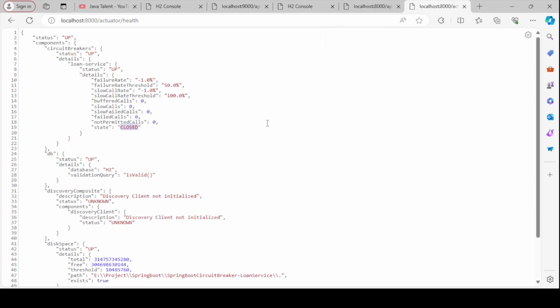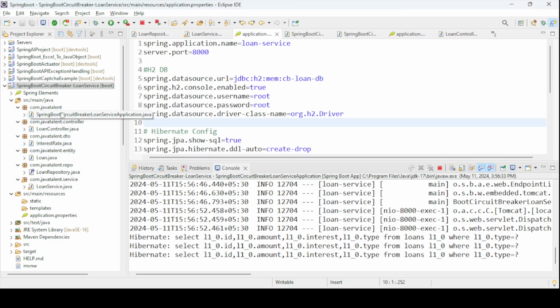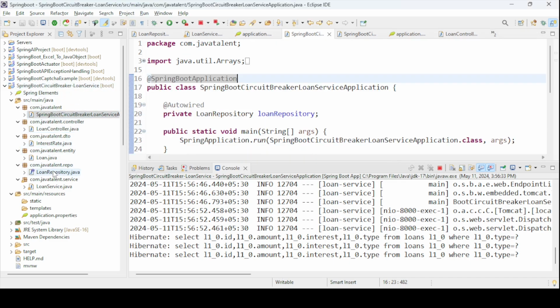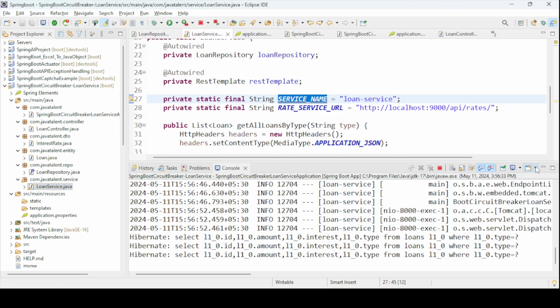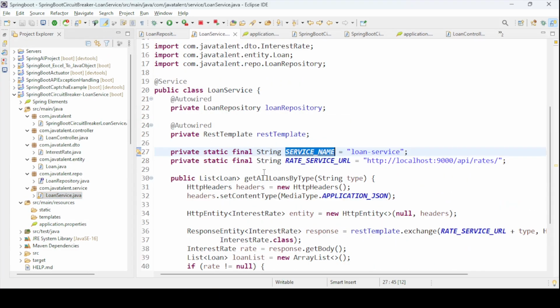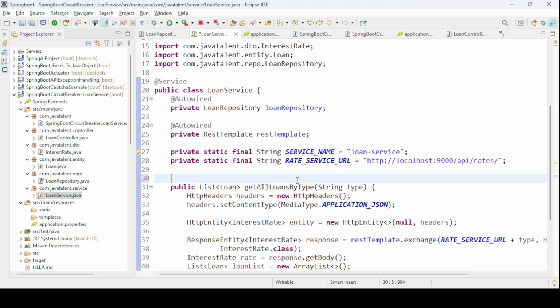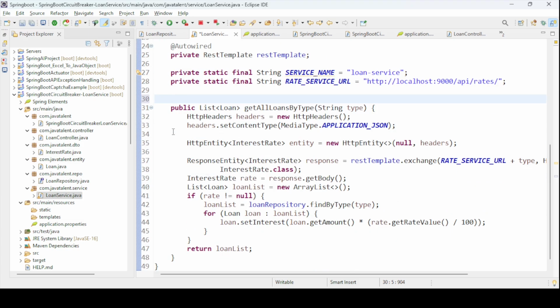What is the scenario of testing? First I will go with the closed state because this is what we are expecting as the success scenario. Now let's test one by one. So the fallback method, I have to introduce the fallback method and then the circuit breaker things. That is what I have just missed. So if you open this loan service, in the service I have not introduced anything for our circuit breaker. So here in the actual call, this is my actual call for this method. So here I will